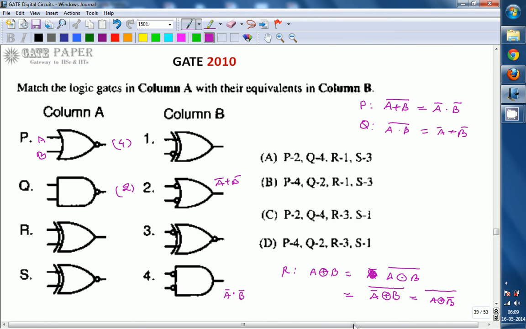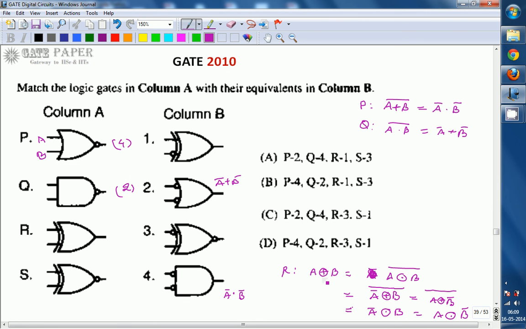That implies A XOR B is equal to the XNOR operation of A bar and B.